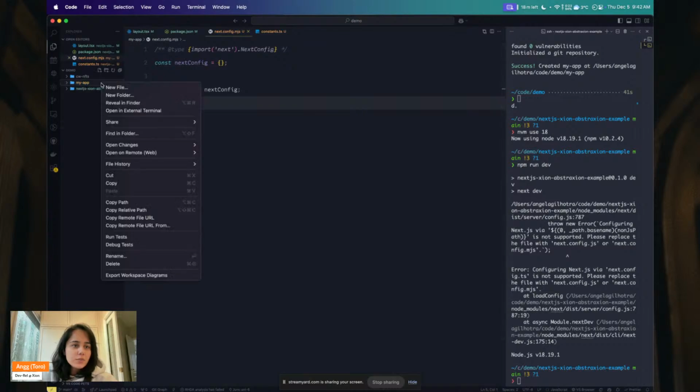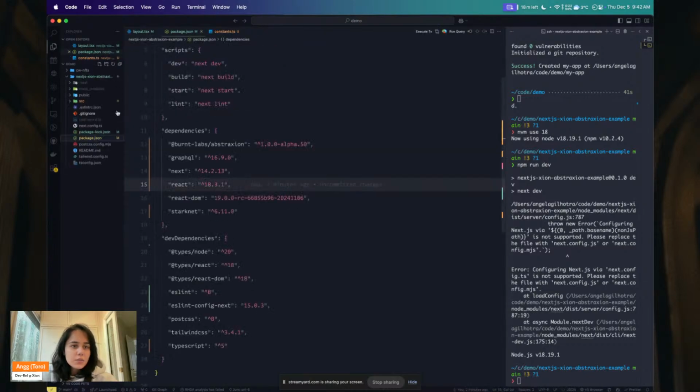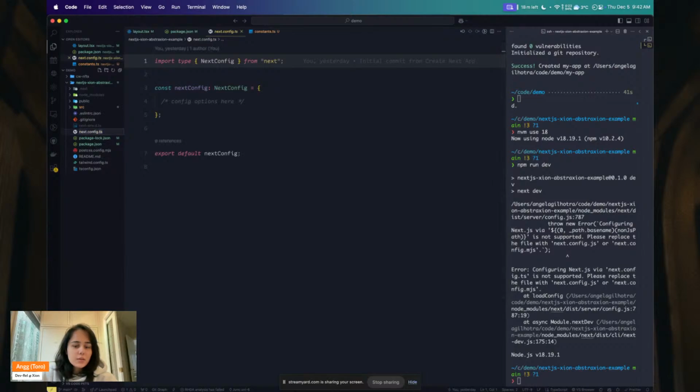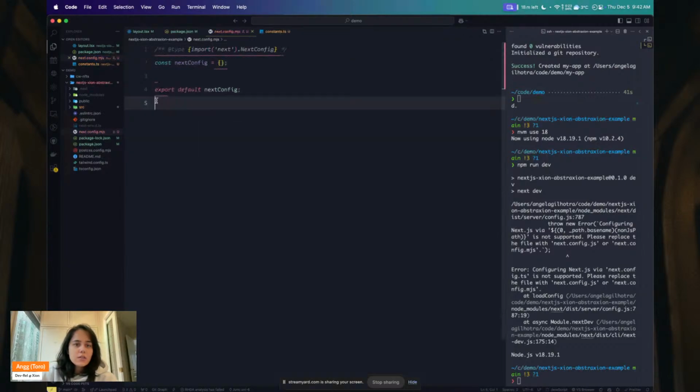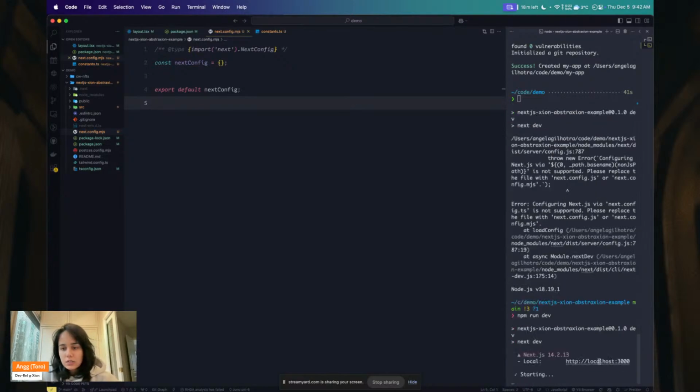Oh my God, I'm sorry. This was the fresh installation. Let me just delete this. And let me just give this an MJS. All right. So the error there was that because I just created a fresh installation of the Next.js app, I mistakenly changed my next config over there. So I was just in a different directory. And now if I do this,